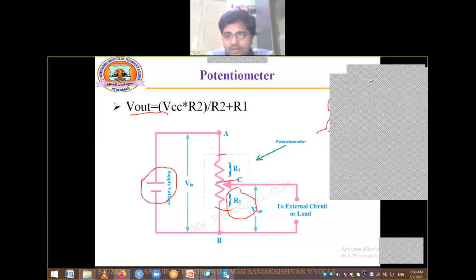For stability you are going to use, no idea? Okay, let me give a clue. We call it a divider. What is the divider? Anyone? Any guesses? Yeah, someone, Kaumudi. Okay, she responded voltage divider.